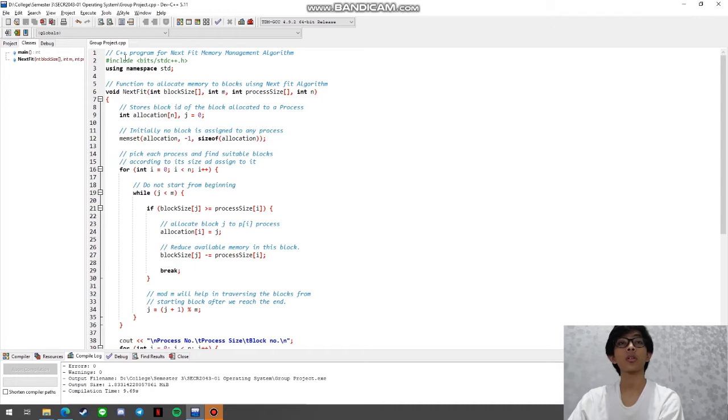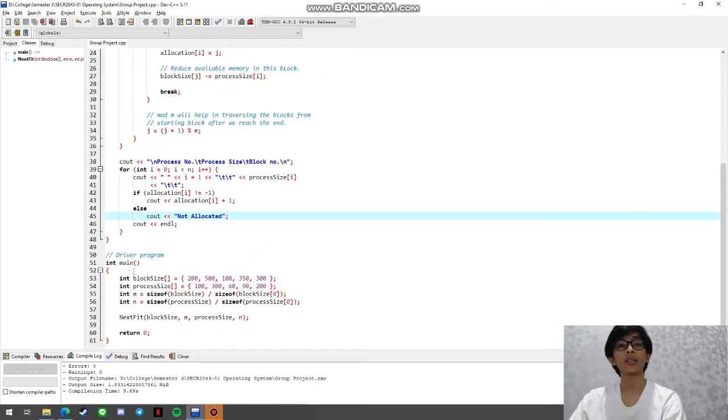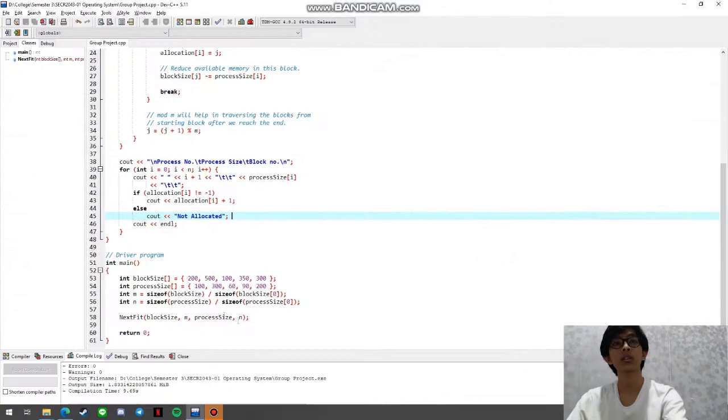algorithm. This is the function to allocate memory blocks using the NextFit algorithm. The main function only has the driver program. It's gonna first declare the block size that was already explained before. This is the block size, and then there's the process size like 100, 360, 90, 200. This is the process size that we need, and then there's M and N. This is the size of block and the size of process, and then it's gonna pass it to the function,